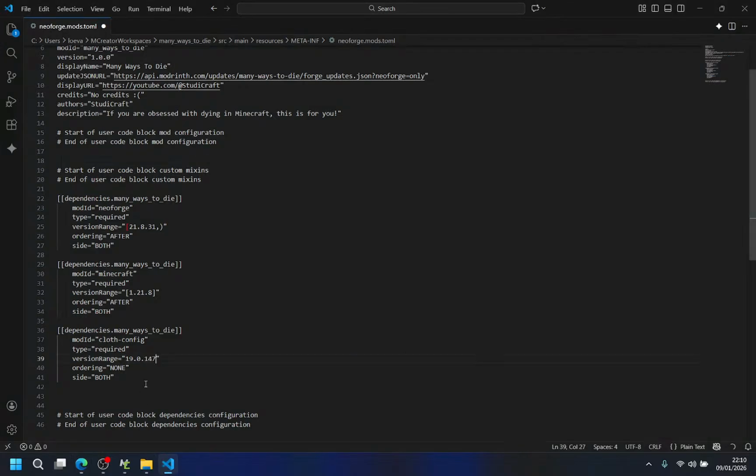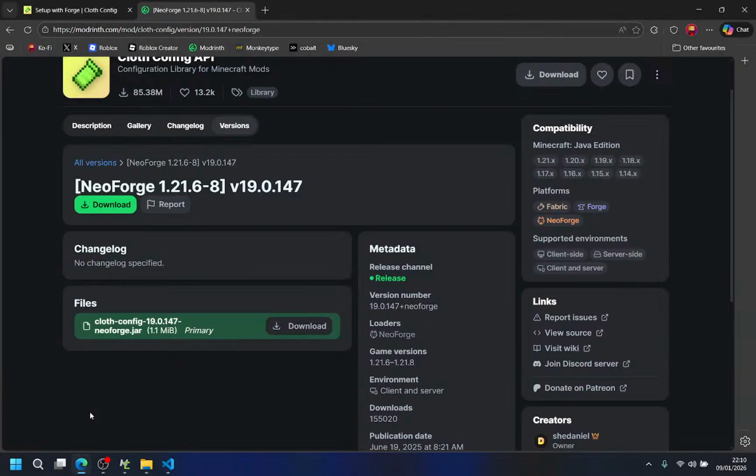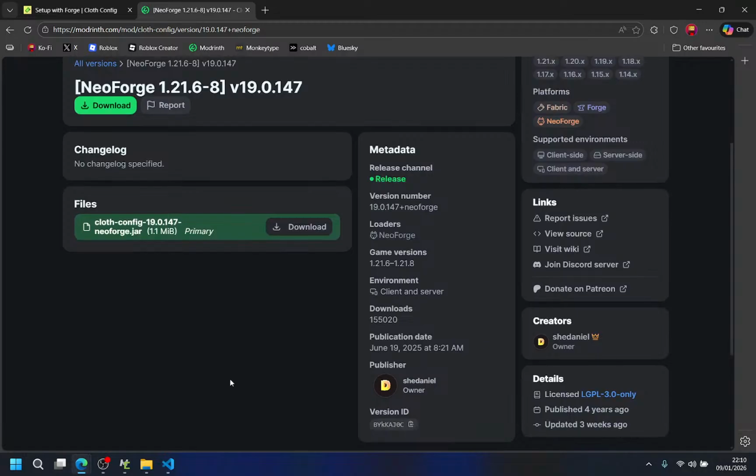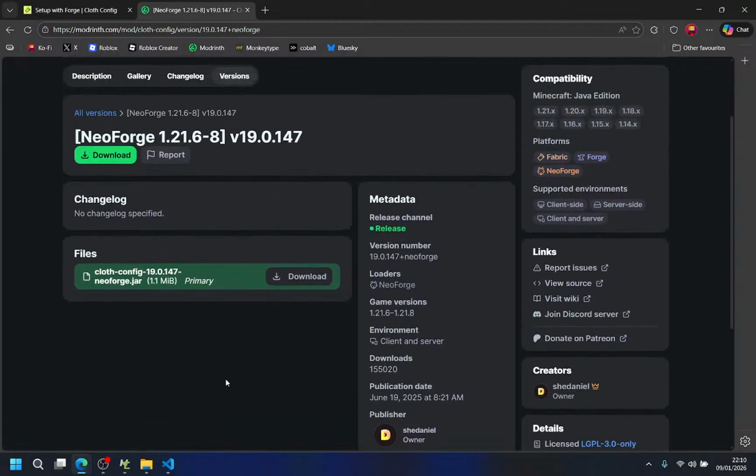So above or equal to this Cloth Config. Though is it actually Cloth Config?